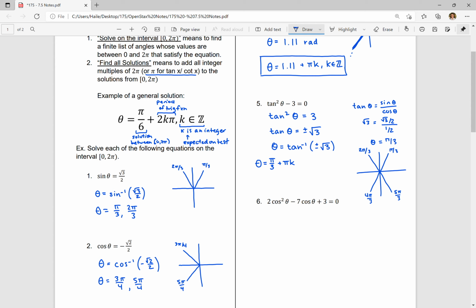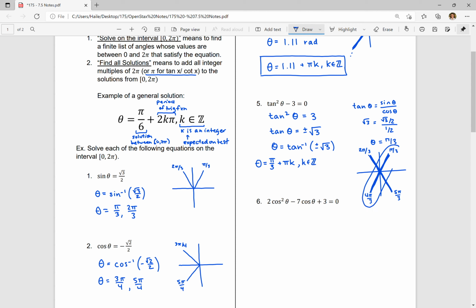If we start with pi over 3 and we add pi, we're going to end up at 4 pi over 3. And if we add pi again, we're going to end back up at pi over 3, but it's going to just have a different name. And then if we add pi again, we'll go back to 4 pi over 3, just with a different name, and so on. So anytime your solutions form a straight line like this in pairs, that's going to correspond to one general solution with a period of pi. Okay, so we're going to add pi k, where k is an integer,